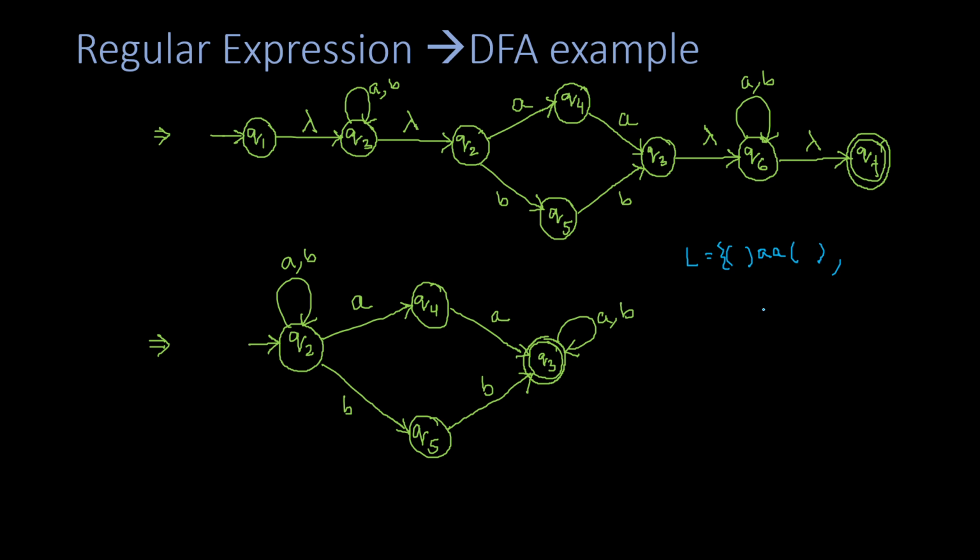Also, it is possible that keeping this bb in the middle, I can have any combination of a and b on both sides, and these will get accepted. I mean, it's not two strings. I'm just categorizing the type of string into two parts: one with a in the middle and another with bb in the middle. What is on the left-hand side and right-hand side, I don't have any control over, because it can be any combination.